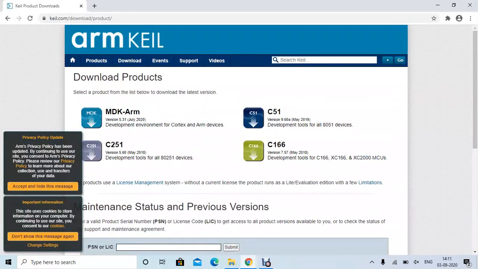So now I can see some products. Since we are going to study the 8051 in the microcontroller laboratory, the product which is applicable to us is C51, which is the development tools for all 8051 devices. So I'll click on this.